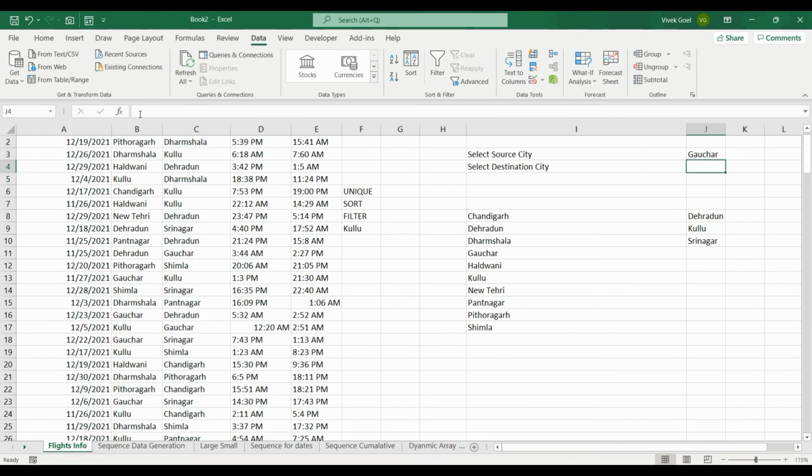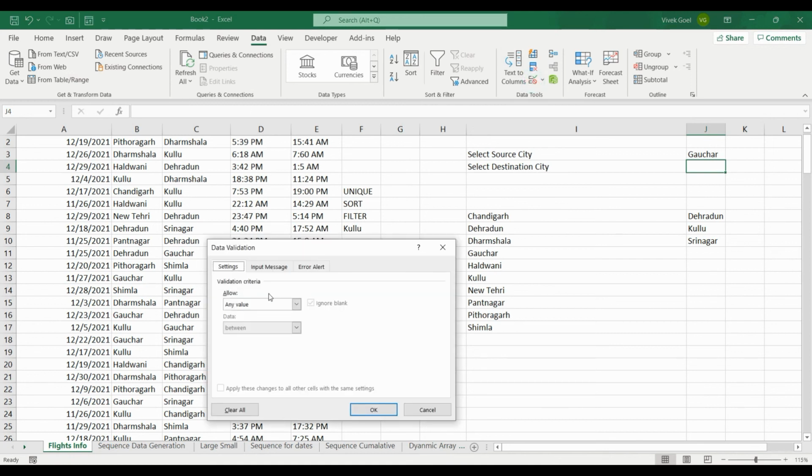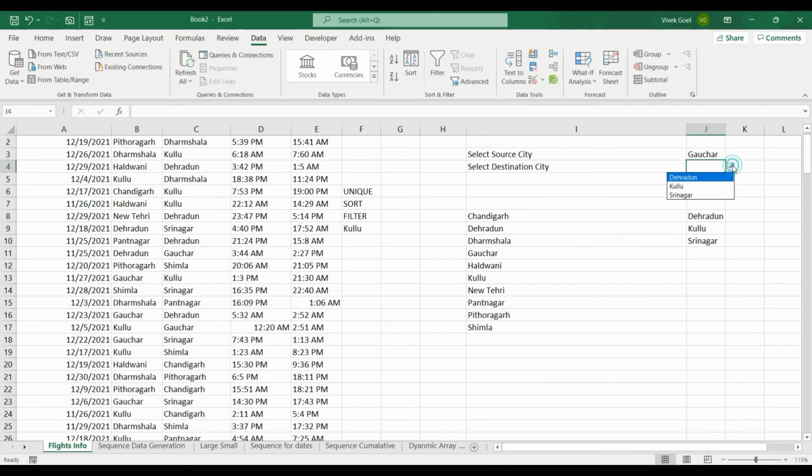Now all we need to do is access this range in this cell using our data validation. So we click on data validation, select this cell, add a hash sign, and bam, our range is ready. Now when we change the source city, we only get the cities where we can fly from that destination. Without dynamic arrays, solving this dependent drop-down list problem would have been really tricky. It was doable, but it would have been much more challenging.